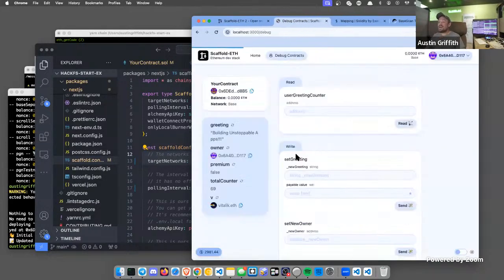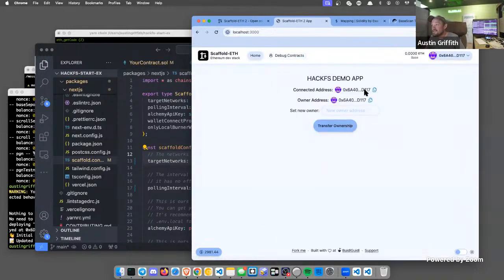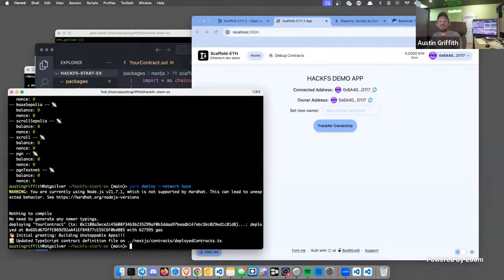Okay, so now we can use this and I could set the owner. If I hit go right now and I have some Base, this is going to live on Base, but we're still on localhost, right? We need to ship our app to a public URL, and I only have 2 minutes, so I probably won't get it done. But the way to do it is to run yarn vercel, and I'm going to YOLO prod